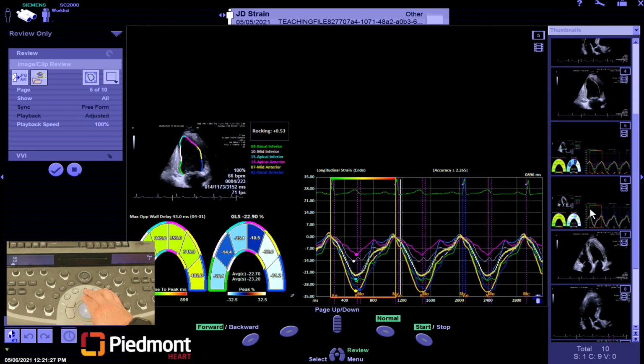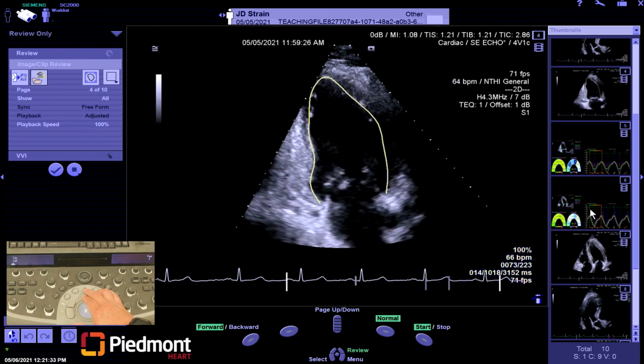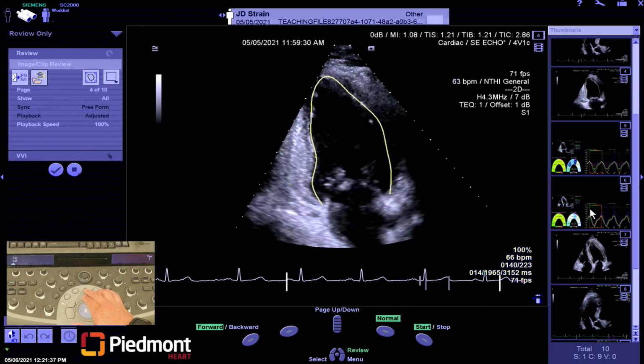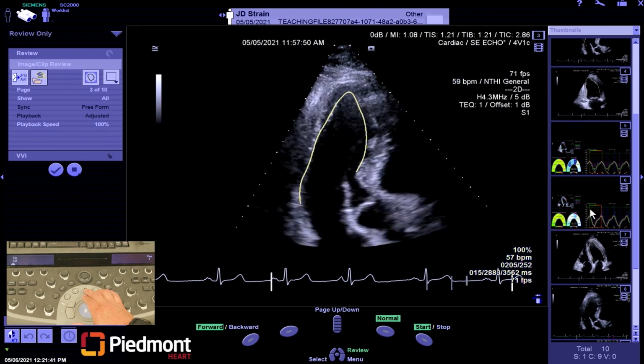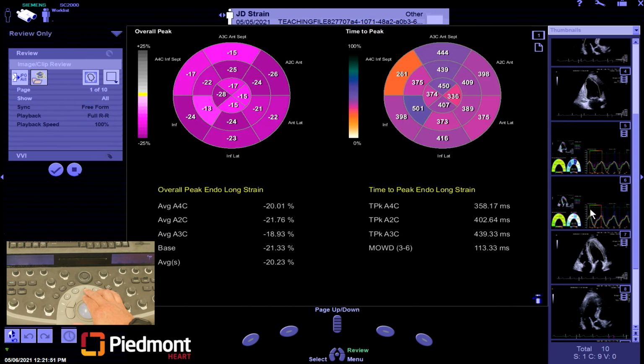We're going to process our 2-chamber, again acquiring the segmental number here. We're going to acquire the tracking to prove that in fact it is or isn't tracking properly. And then again in the 3-chamber with the segmental. Now once you've acquired and processed all three of these views, your final number or final image would be your